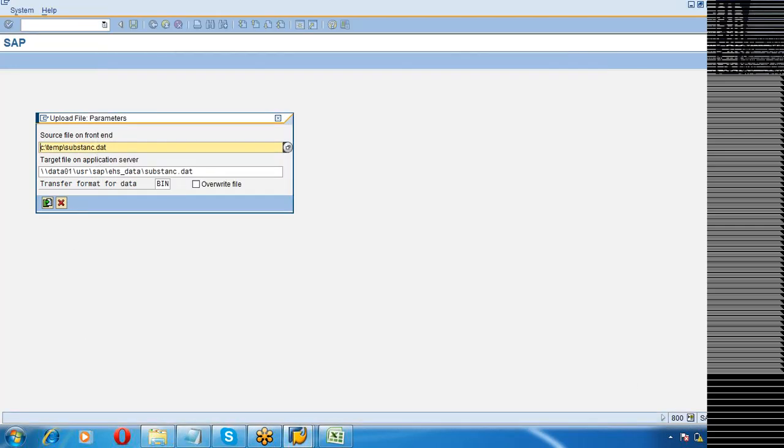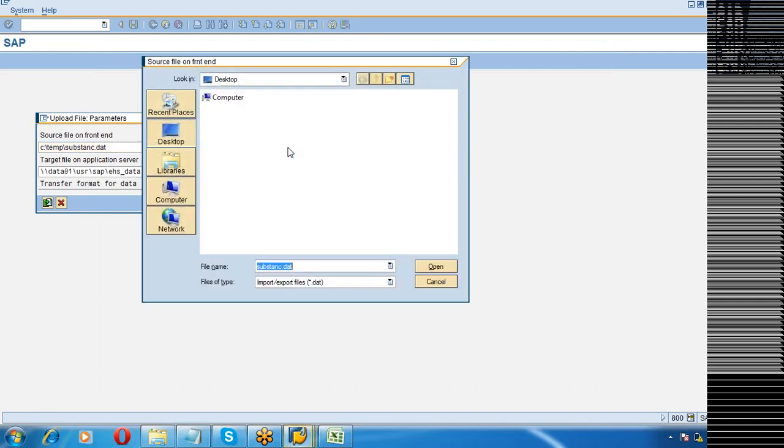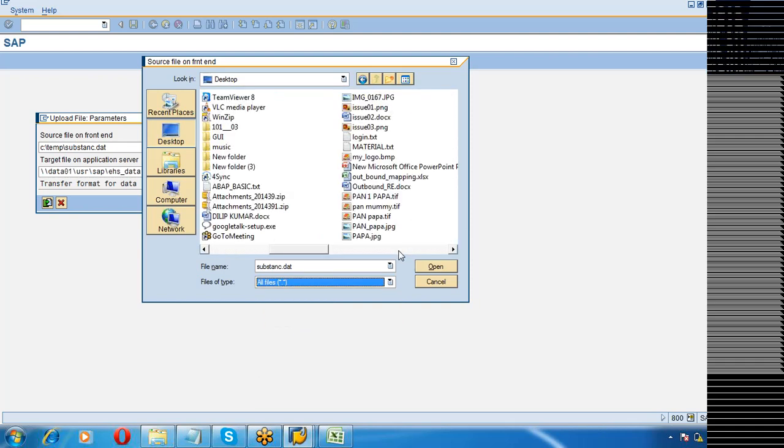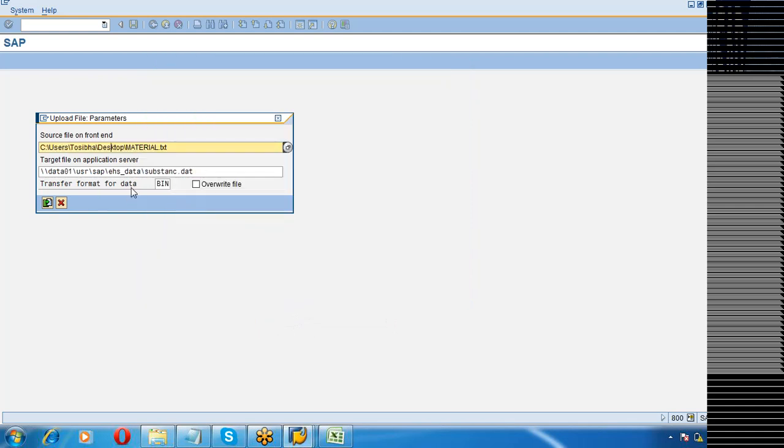Using this transaction you can upload a file from your desktop, from the presentation server, and keep it into the application server. Where is our file? I'll take the material.txt file and put it at dot.